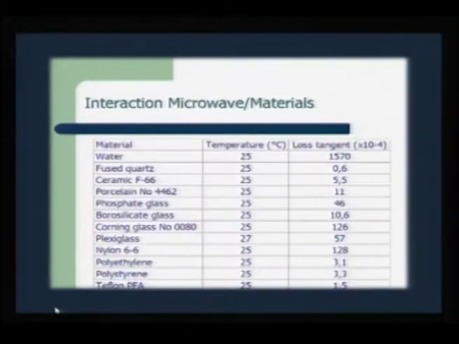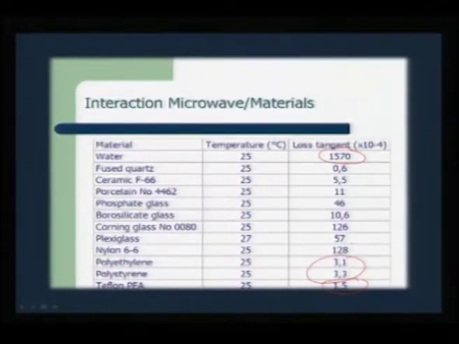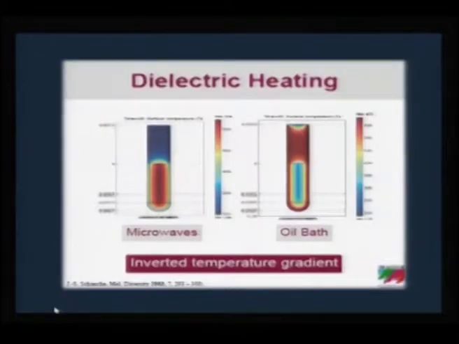As you would see here, water is a better candidate compared to some of the polymers here, and Teflon. For that matter, Teflon is very reluctant, therefore, Teflon can be used as an inert material even to conduct many of the reactions. In conventional microwave synthesis, Teflon tubes are used, or Teflon boards, or Teflon bombs are used, mainly because they do not interact with microwave. So, this can be used as a substrate or a holder for conducting reactions. So, the tangential loss factor is one measure by which we can gauge what sort of material can interact with